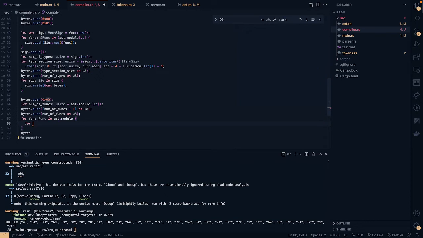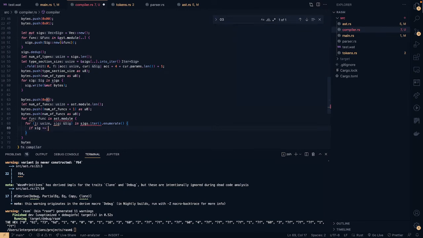So find out the index of the sig of this function in our sig index stack. So here we have for our sig in sigs. Now the thing is that we're also going to need the index, which we can get if we turn this into an iterator and enumerate, and then do i like this. Okay, and check whether our sig is equal to